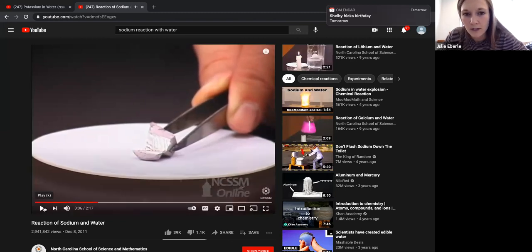So pause really quick. He just cut this metal with a knife, okay? I bet that surprised some of you. Usually we don't think of metals as that malleable, but group 1 metals are really soft. And what he mentioned is as you go down, they become softer and softer and softer, okay? You can see they're shiny, they're soft, so let's continue.